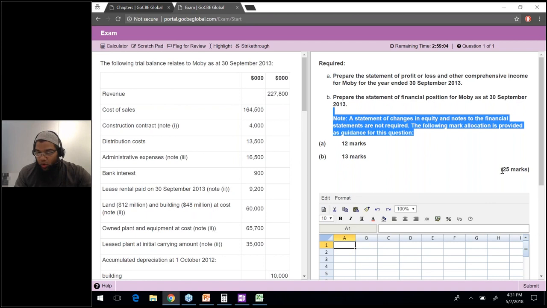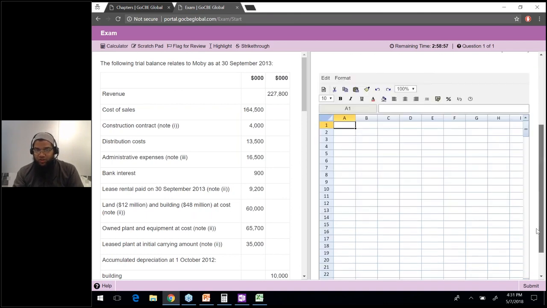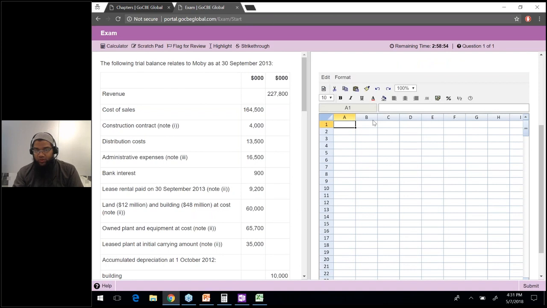Now, this is a bit of an old question. That is why it is of 25 marks. Now the new questions will be of 20 marks. So again, what we are going to do is make 1, 2, 3, 4, 5, 6 columns. After 6 columns, we are making a small column and we are going to write